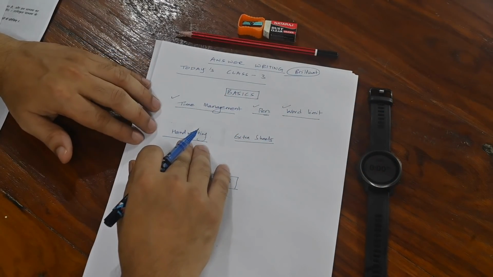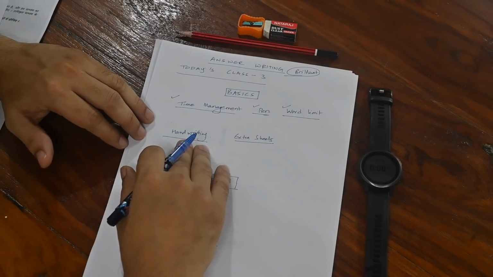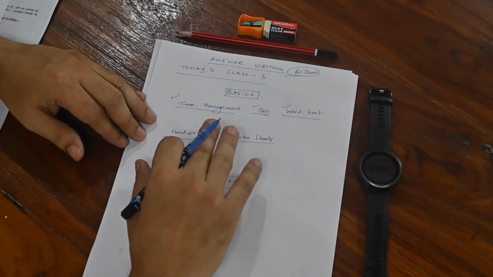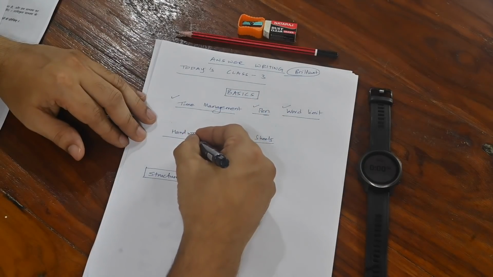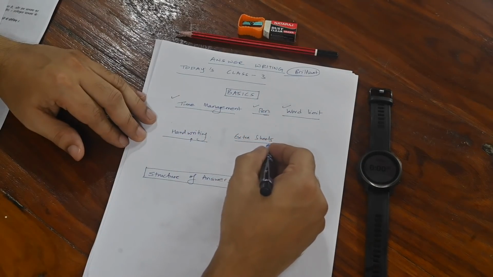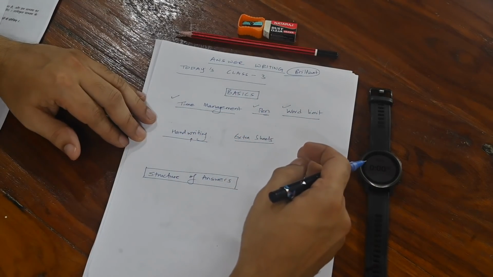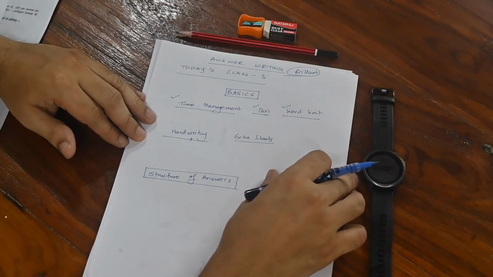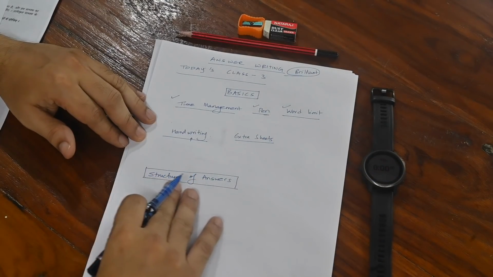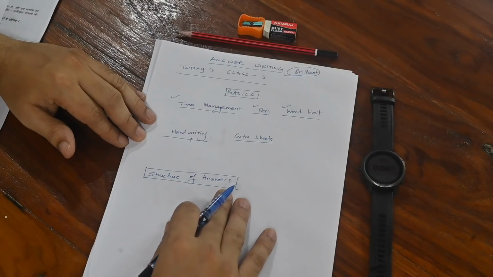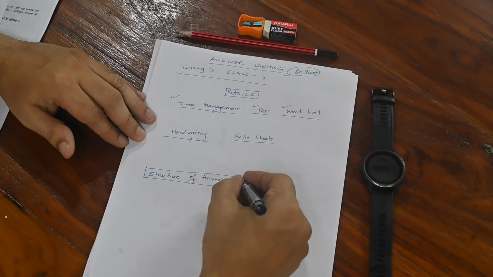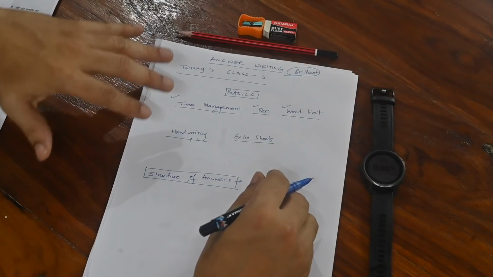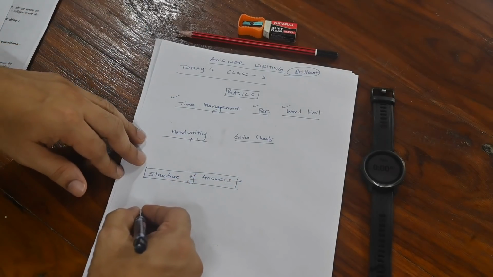I'm going to focus on handwriting and what steps you can take to improve your handwriting if it's already not decent, and what is the importance of handwriting. Then I'm going to discuss whether you get extra sheets or not, what kind of space you get to write your answers. And number 5, I'm going to discuss the structure of the answers, what kind of structure the answer should follow. And then after that, I'm going to write some model answers.